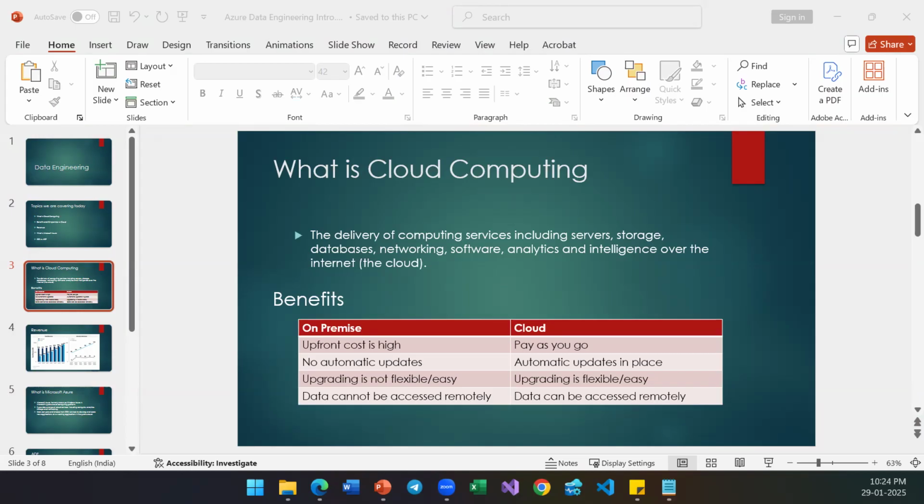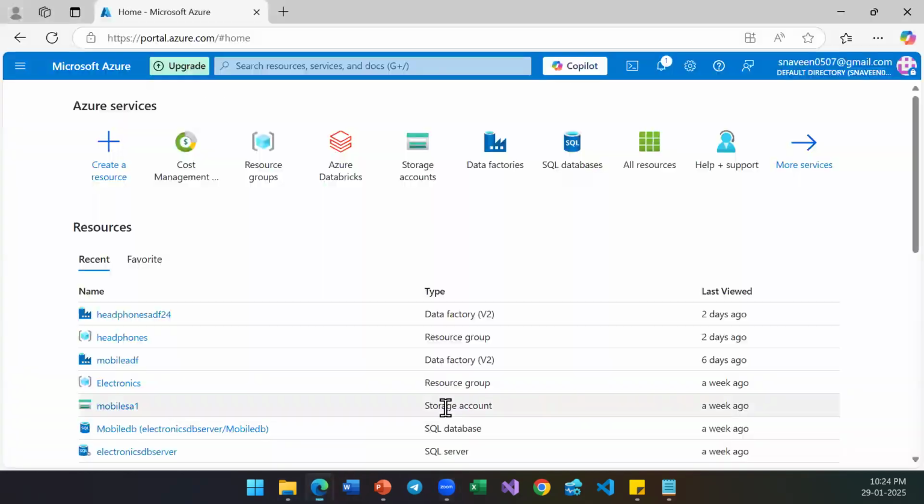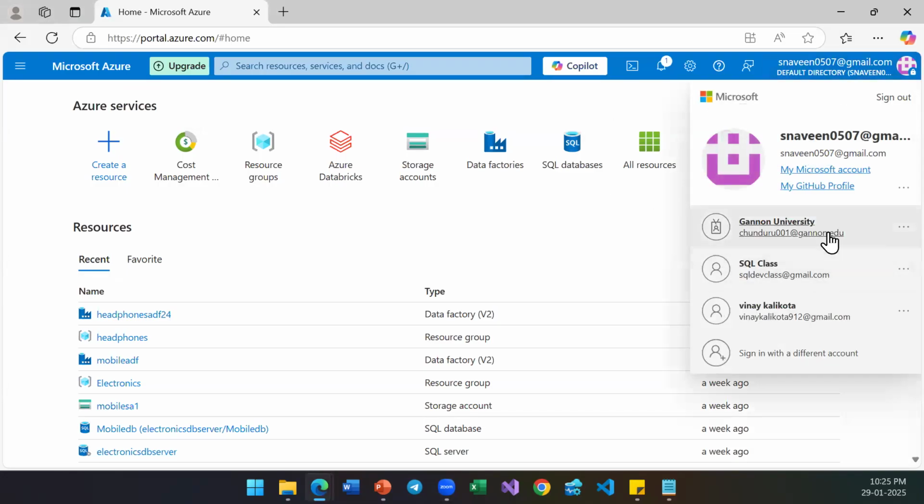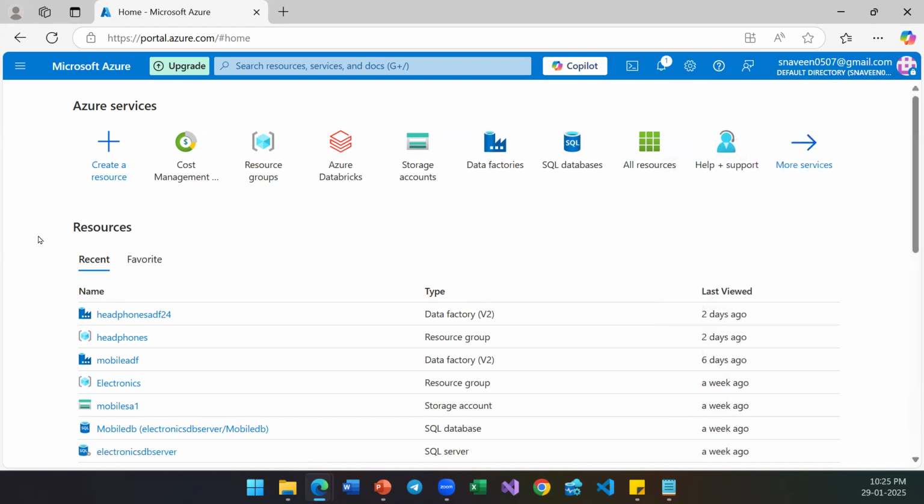There are various different approaches we can follow to create accounts. Like I've been showing, I have three different accounts: one is a university account, the other one is pay as you go, and the other one is a free trial. Typically, we can go by a free trial account. But how to create it, what the process is and what the steps are, we'll talk about the day after tomorrow. You have to wait two more days, including today, to understand how you can create this particular account. But absolutely, yes, there is a free trial available.